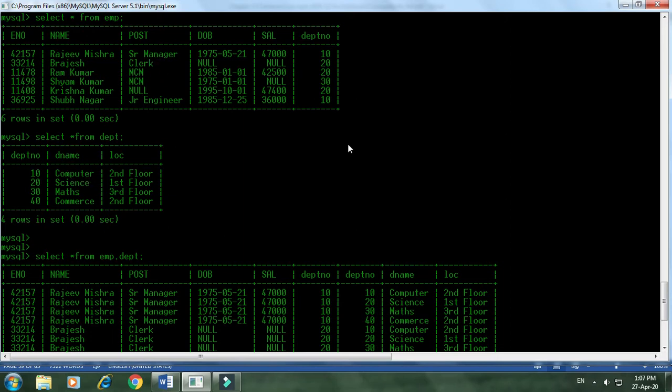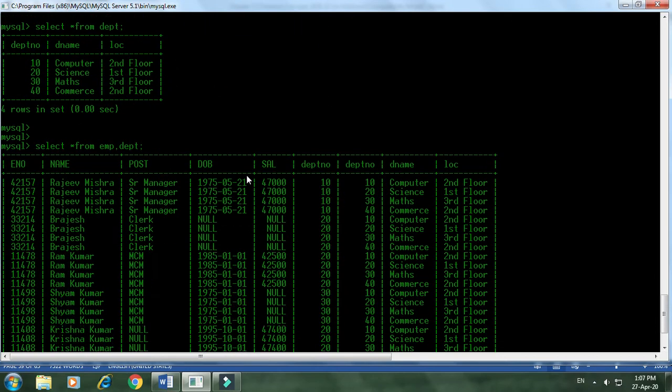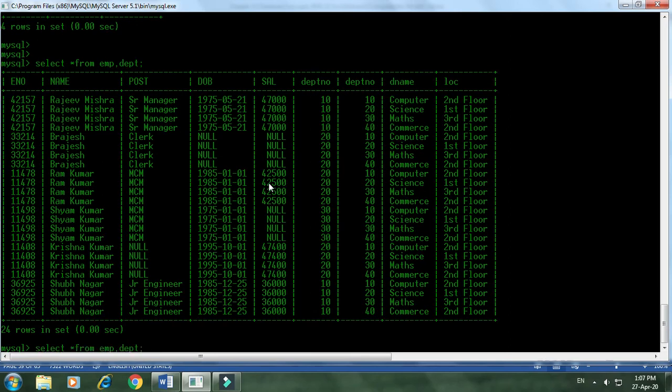So let's do the query for that, displaying the post and department name. Let's write the query. Selecting post, comma, department name, D name. Now you can see the post is in the EMP table and the department name is in the DPT table. The two data are from different places.